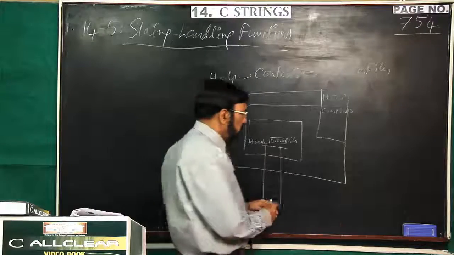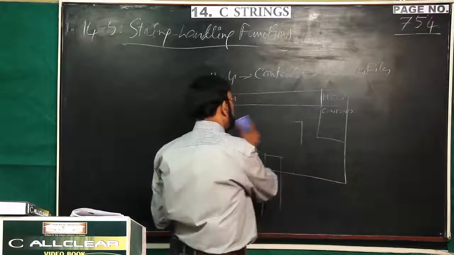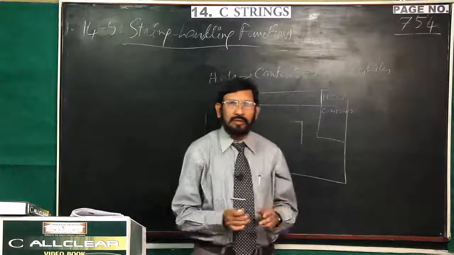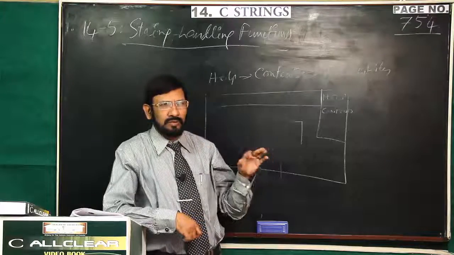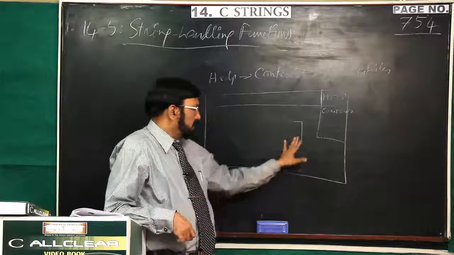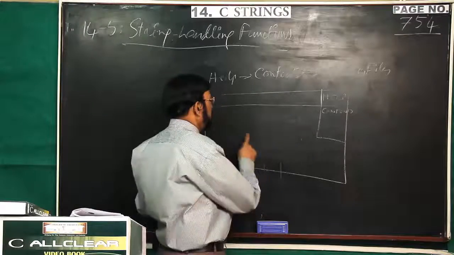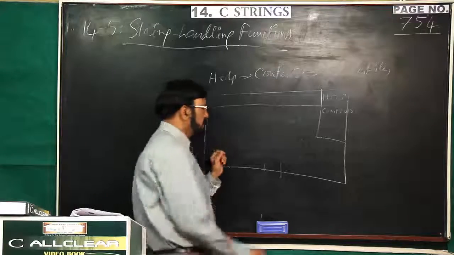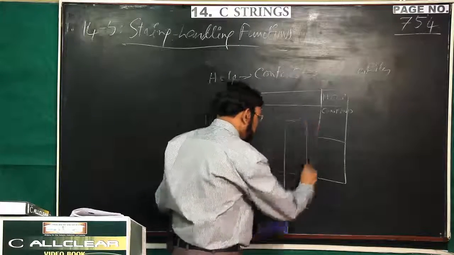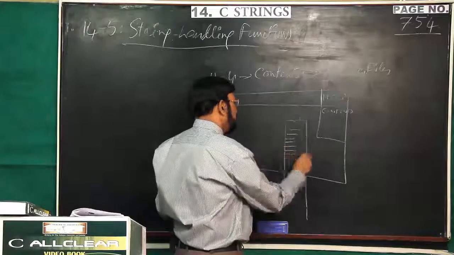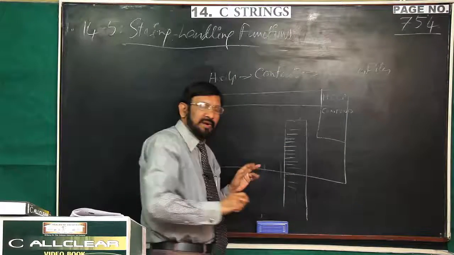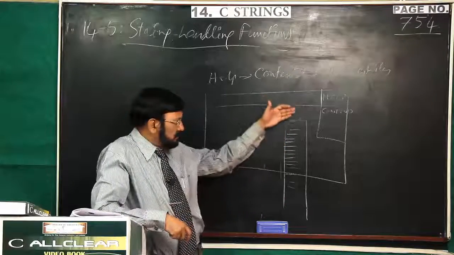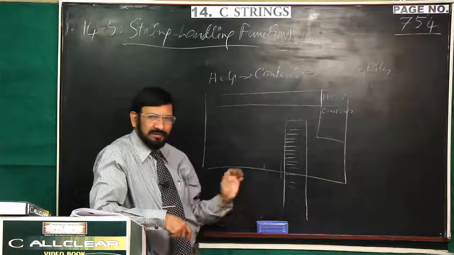Or otherwise, you do not know the header file of a particular function. You want to know about a particular function. Suppose you know clear screen, but you do not know which header file it belongs to. Then what do you do? A simple method. On the IDE screen, you make a right click. Then hundreds of ready-made functions are listed, regardless of their header files. No classification. In alphabetical order, all the functions provided by the C library are listed like this.